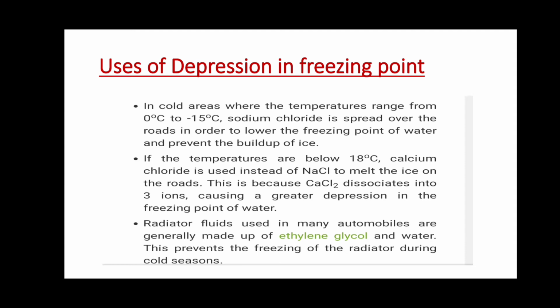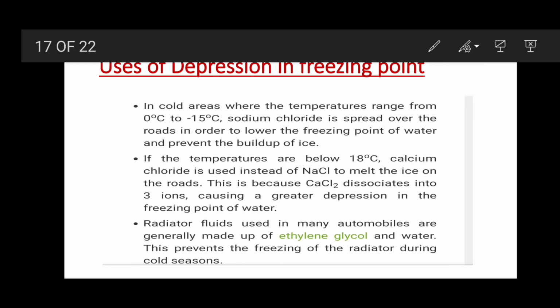In those radiators if we use only pure water, the pure water at 0 degrees Celsius is converted into solid. So we have to decrease the freezing point. But water freezes at 0, so we have to go into the minuses. So to prevent the freezing of water, we add ethylene glycol to the water. So it cannot be converted into solid at 0 degrees Celsius by the adding of ethylene glycol. So these are the best examples of